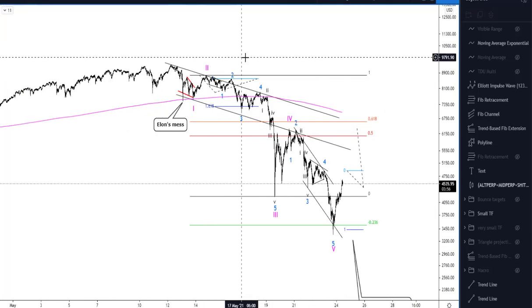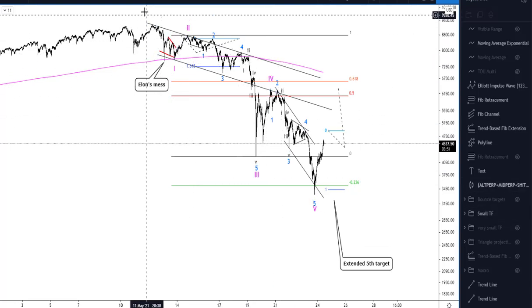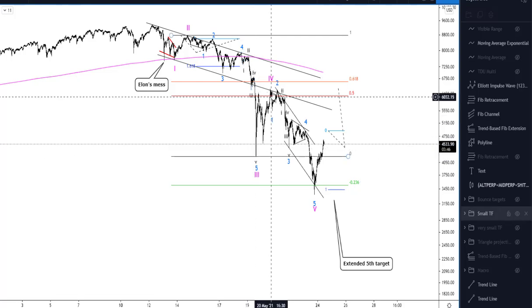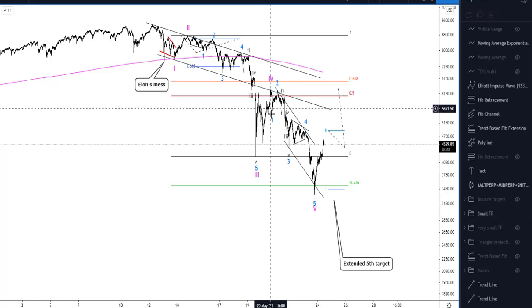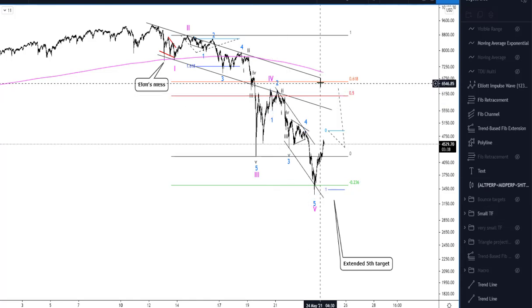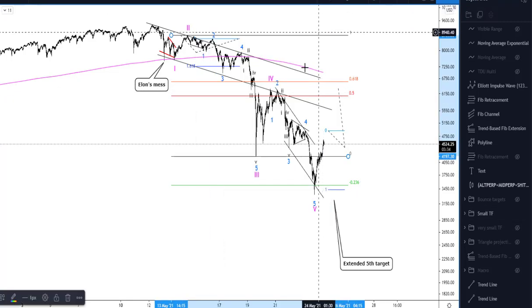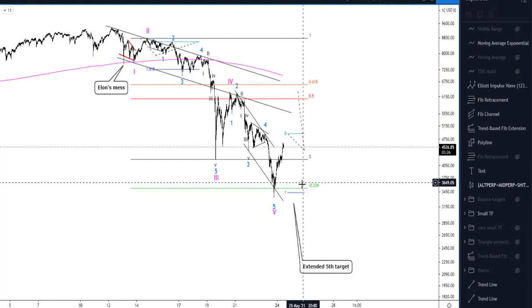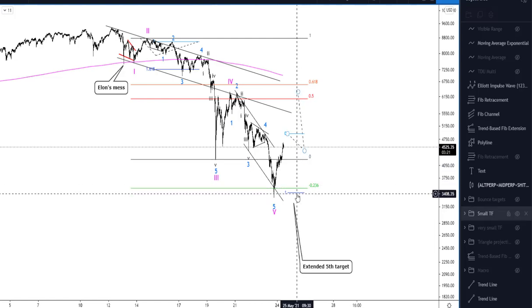So we have an impulse to the downside, I think 1, 2, 3, 4, so same thing. 1, 2, base channel. Your wave 3 breaks the base channel. Where does your wave 4 retrace? On the channel, right? Into the 50, this was deep, it was deeper than the 382, but you know, this happens. And then we moved down again in a 5 wave impulse to where I'll go target of 3.6 and extended